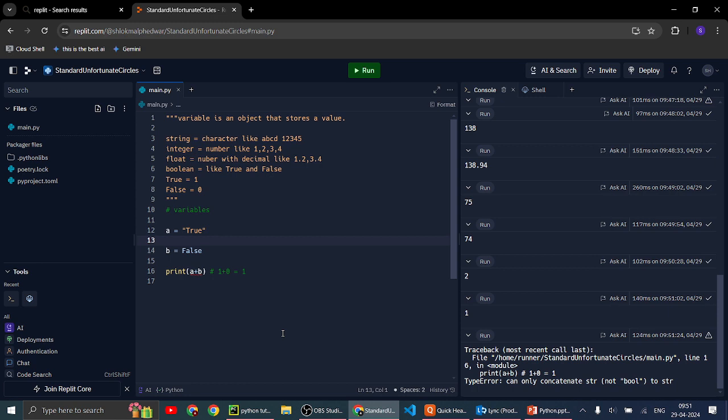So how can you add it? So we can't add string to any of the three: integer, float and boolean, but these three we can add together. So I think this concept has been clear.